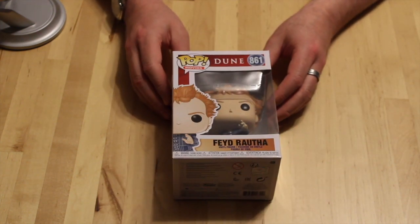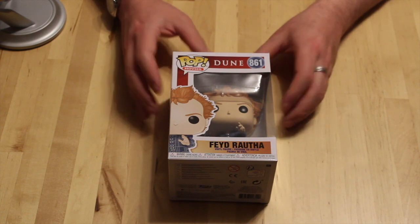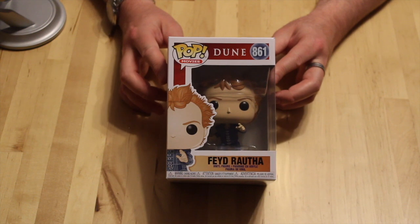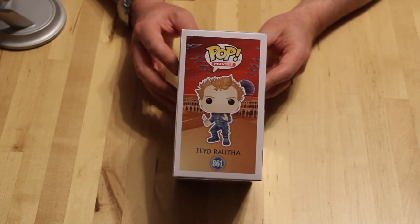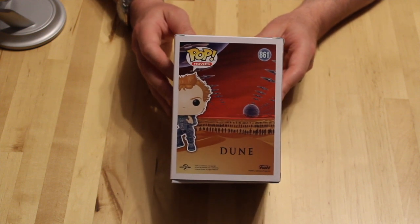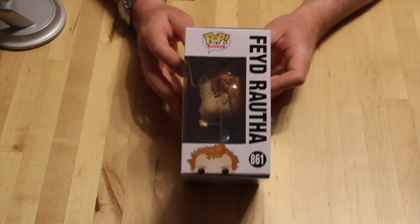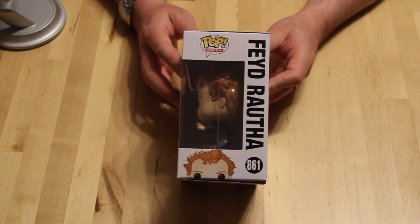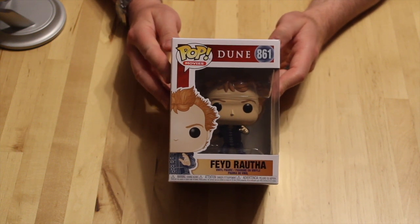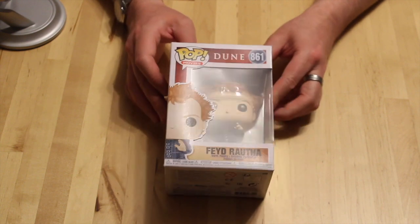So we'll start with Feyd-Rautha. As soon as these things were announced, I wanted to get them. Because as far as the David Lynch Dune goes, there is very little merchandise that you can get these days for that movie. So I decided I have to get these. These are going to be pretty cool. And that's the good thing about vinyl pops. They make everything in vinyl pops. So it's kind of cool that the 1984 film, as flawed as that movie is, was my gateway drug